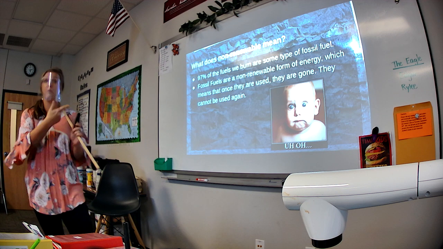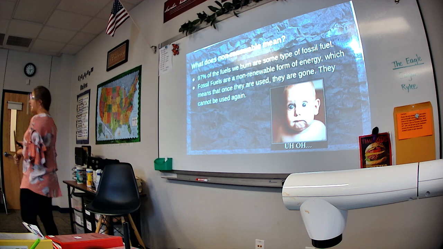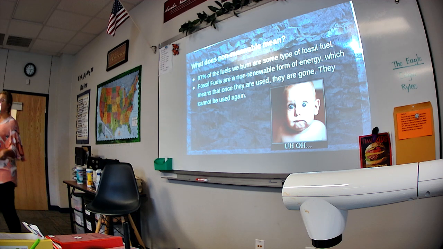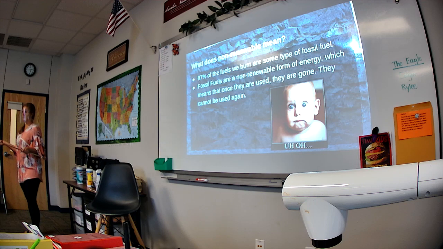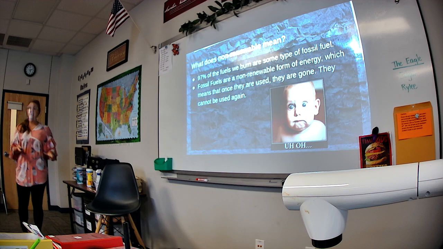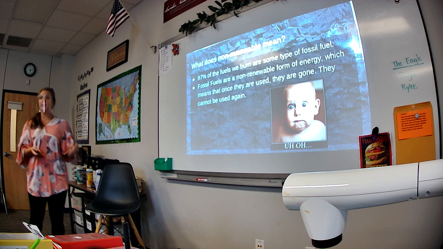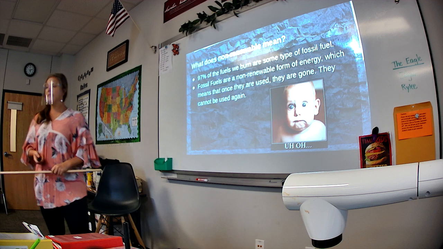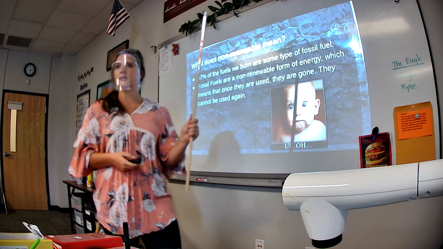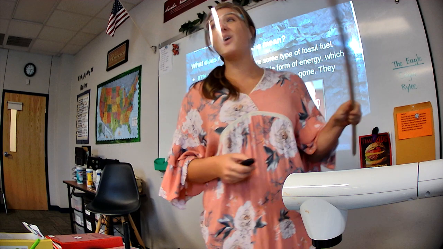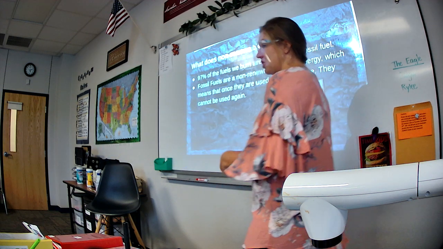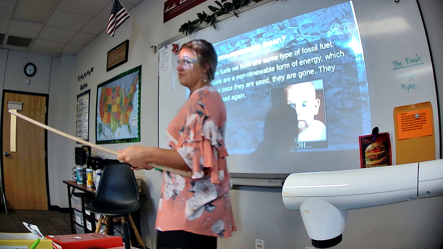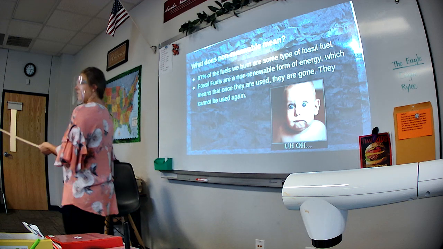I mean, we just talked about we're using fossil fuels all the time, right? So if we run out of fossil fuels, what's going to happen? Big problem, right? We're going to run out of energy. We're not going to be able to power our buildings. Okay? Someone said in the last class, oh, but what about Teslas? They could still run. Well, actually, no. If the power plant can't create the energy, the electricity, to charge your Tesla, you still can't drive. You see the problem here? Yep. You got a big problem.